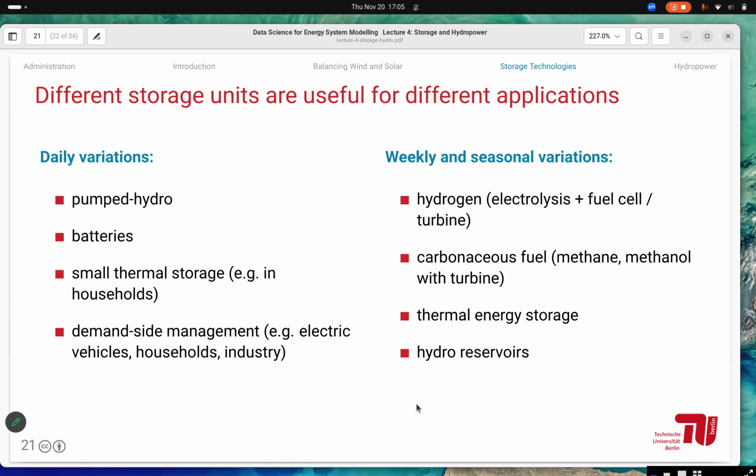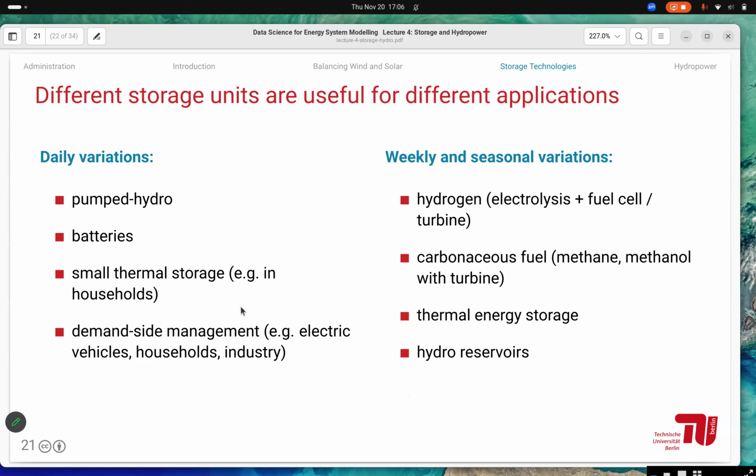Different technologies are used for different purposes. Pumped hydro, batteries, and small-scale thermal storage, for example in households, or demand side management, which I also put into the category of storage because when we model it, it's modeled in a very similar way, would be more suitable for these daily variations. And then for the longer-term weekly and seasonal variations, you would be looking at some form of